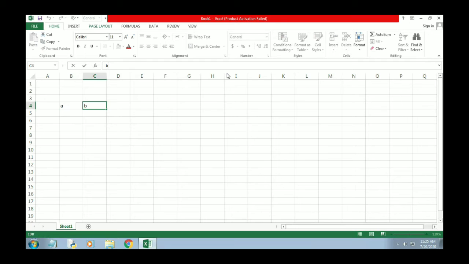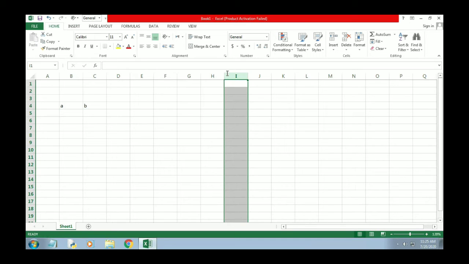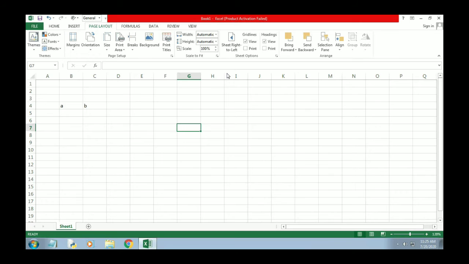This is the title bar. After that, just after the title bar, we have the menu bar. And the quick access toolbar is also there, as you can see over here.